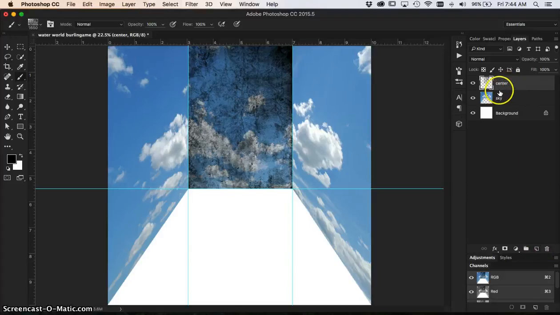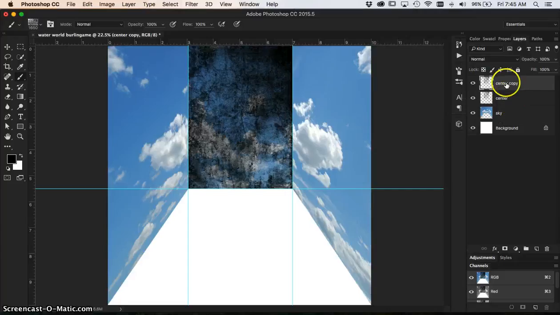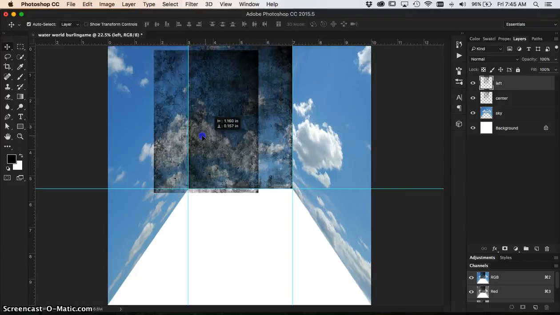You're going to jump your layer for the very first time ever. Command J will duplicate a layer. See, now we have center and center copy. Name this one left. Booyah. Now with your move tool, shortcut key V, and I'm going to quit saying that, I want you to